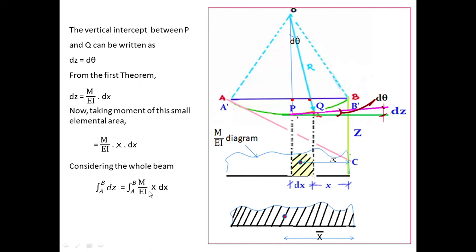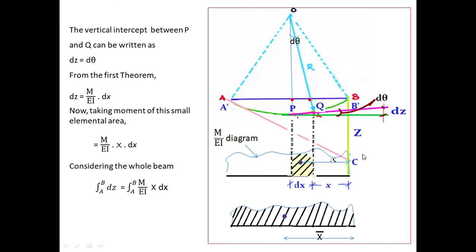In the case of a beam, we generally draw a line diagram, so the line represents a rectangle, and the centroid is the center of the rectangle. Similarly here, this area into the perpendicular distance is the centroidal distance. Let it be x from here. So this area is M by EI dx, and the centroidal distance is x, so M by EI into x dx.